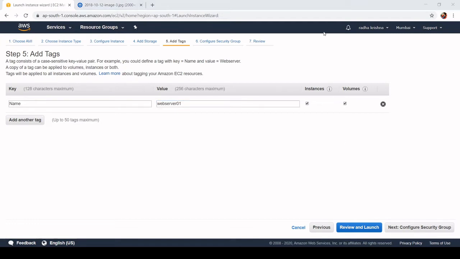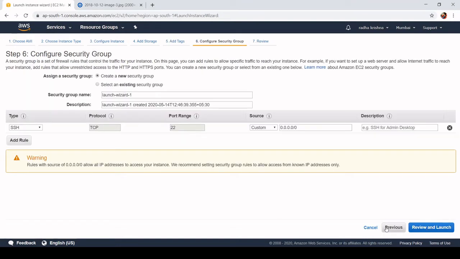Okay, now click on the next option, which is configure security groups. Here we have the default security group, and we can create one new security group.